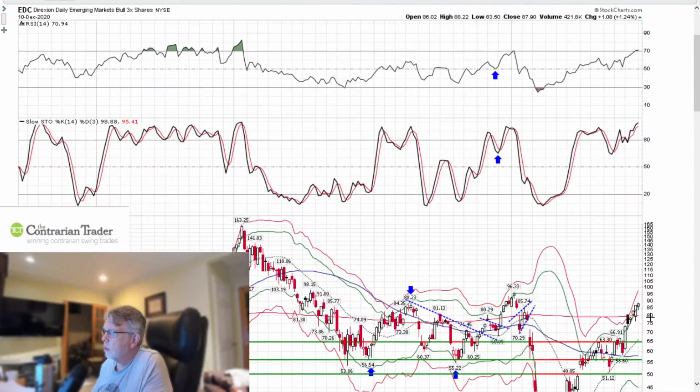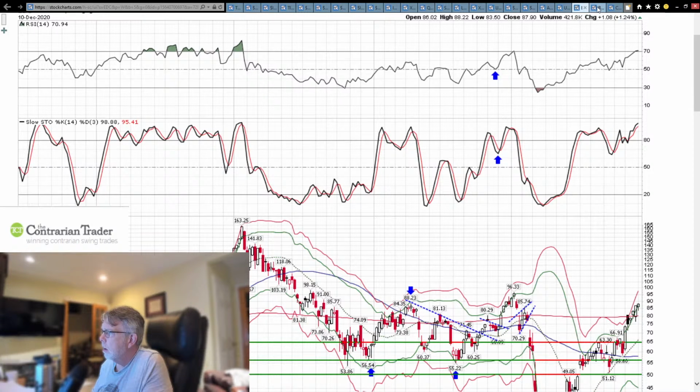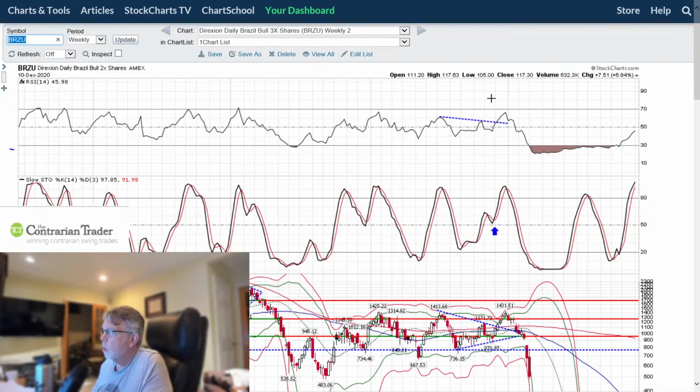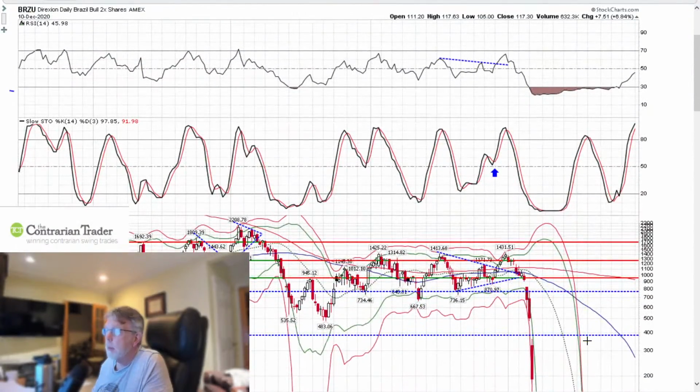Emerging markets, of which we remain long of, doing well. This is what, a weekly chart? Recaptured our gains. Brazil, we're no longer long of Brazil. We sold Brazil yesterday and it moved up higher today. I thought it was going to pull back. It didn't. But we made a little over 29% on that trade, so we're good. But it looks as though it wants to go up higher. As long as commodities move up higher, Brazil should move up higher as well.